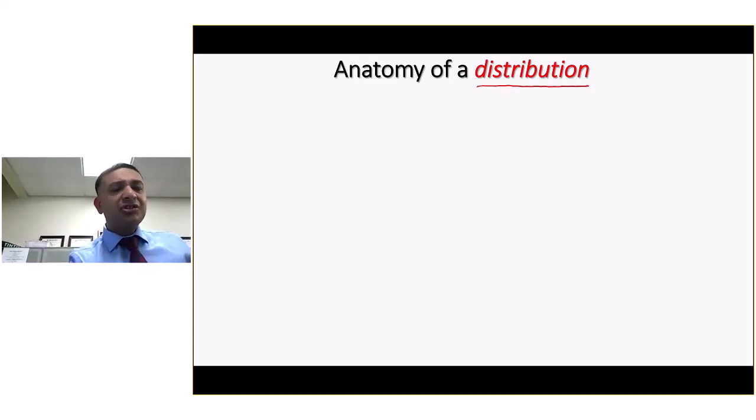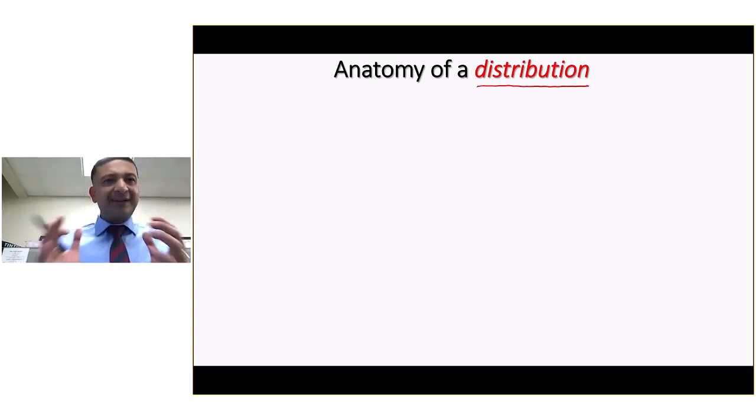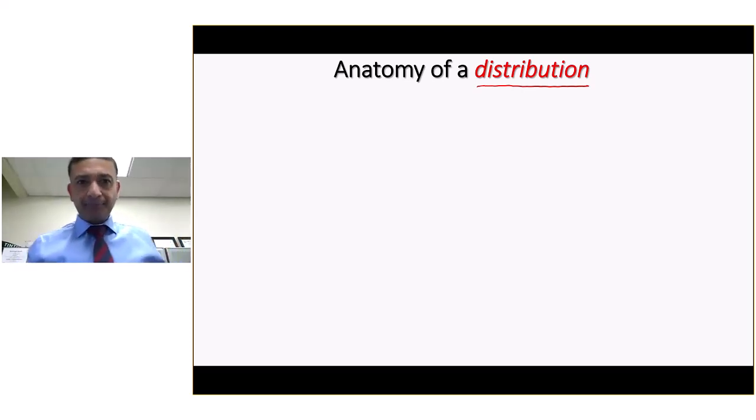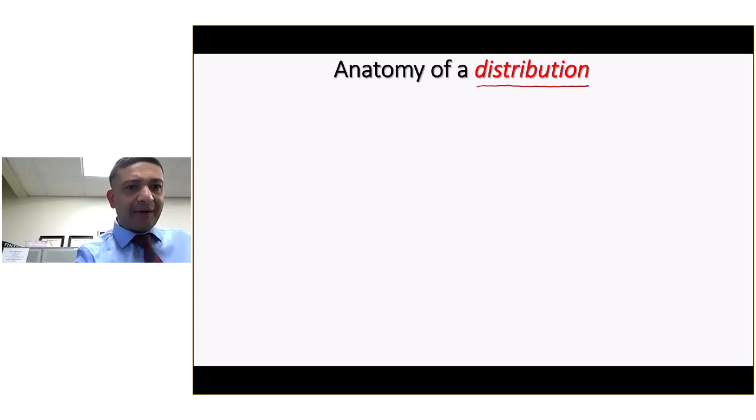In its simplest terms, a distribution is a representation of a data set that showcases the count of data points in that data set. Count is also called frequency. So in other words, the distribution is essentially visually representing the data set with the frequency of data points in that data set. Okay, so if I have a set of males and females, let's say, in a class,